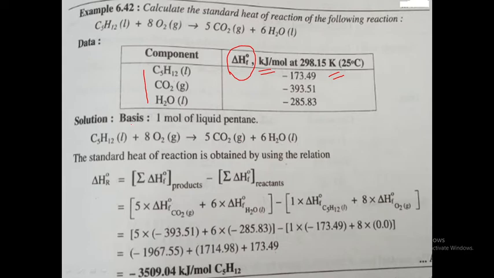Okay. As per the reaction we have 2 reactants and 2 products, totally 4 components. In the data we have only 3 components. So what about the other component? That is oxygen. The oxygen standard heat of formation data is not given in the problem. What do you do here? Those components that are not given in the problem, we should take as 0. Are you clear or not?